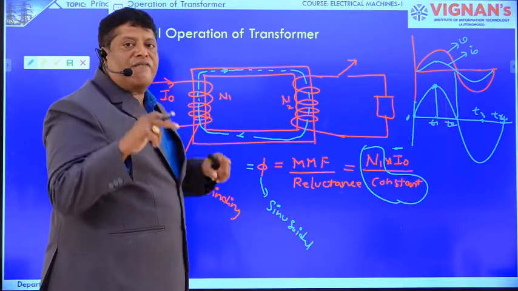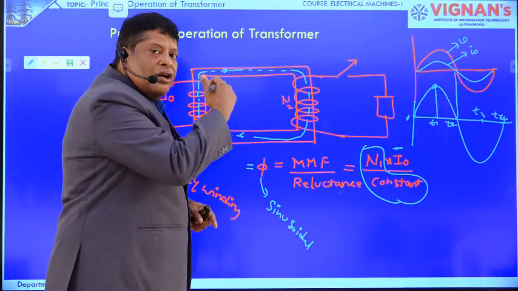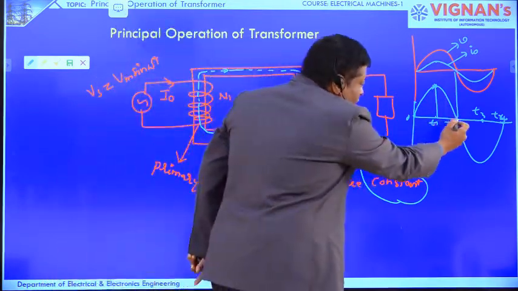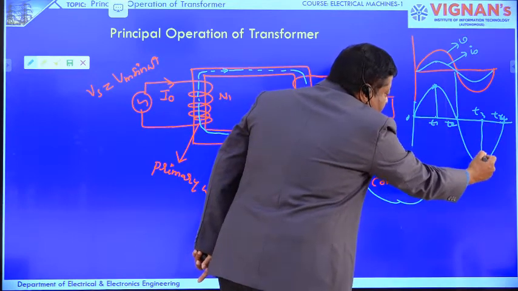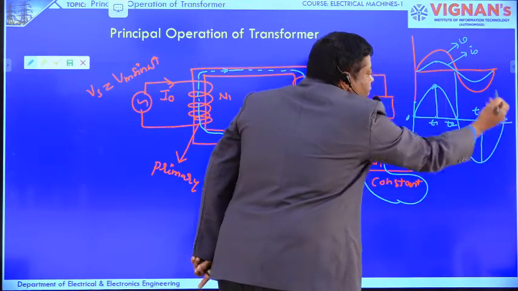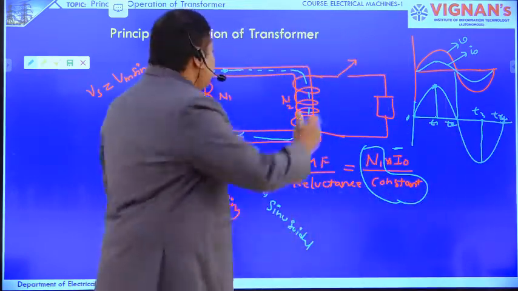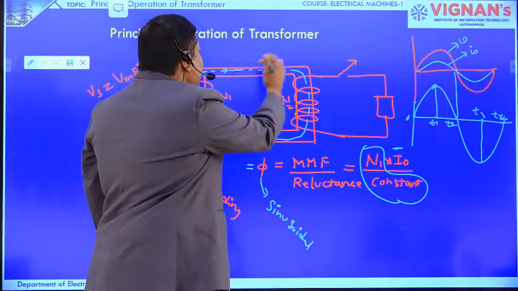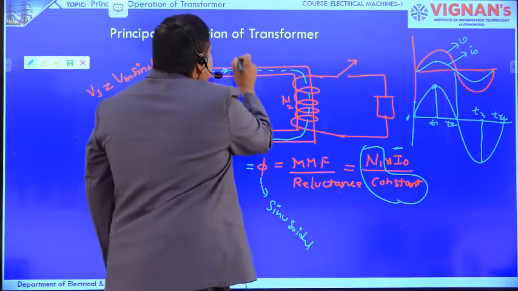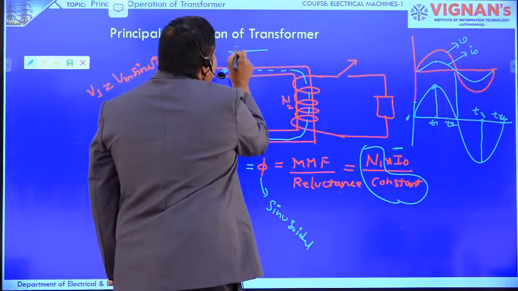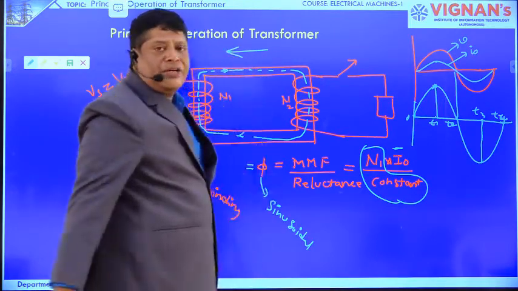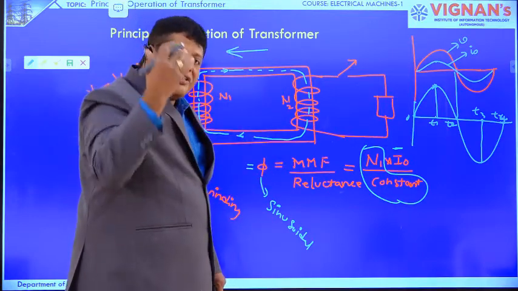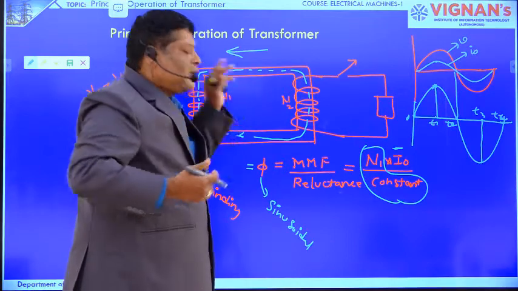The sinusoidal flux in the negative direction, now the flux will increase. See here, the flux will increase, reaches the maximum value, and slowly comes to zero. In this direction, negative is nothing but opposite to the previous one. Now this is negative in this direction. If the flux is flowing in the core in this direction, that is negative. In this direction, the flux will increase and reach the maximum, again slowly coming to zero.